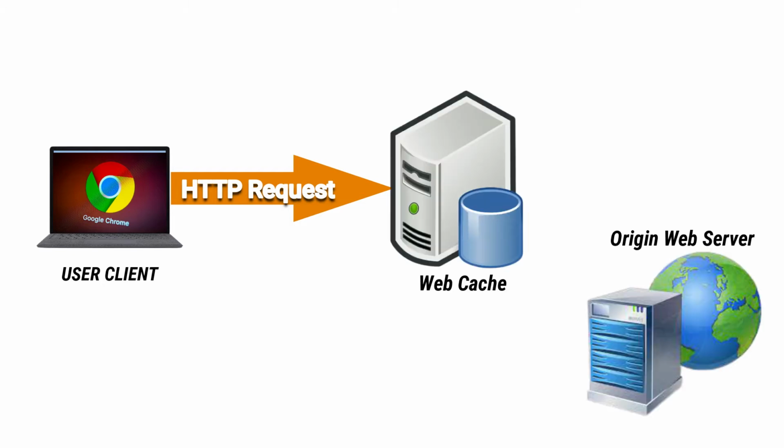A user's browser can be configured so that all of the user's HTTP requests are first directed to the web cache or the proxy server. Once a web browser is configured, each browser request for an object is first directed to the web cache or the proxy server. Let us consider an example to understand web caching.